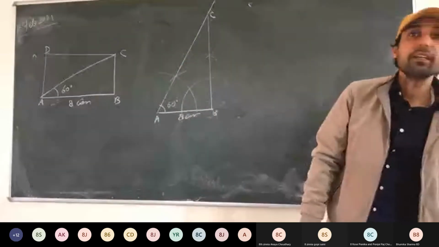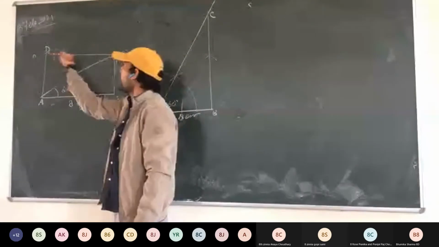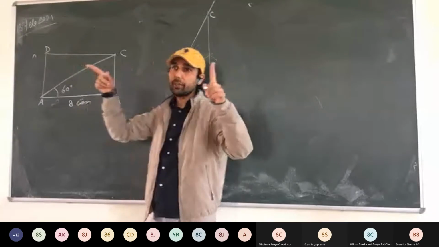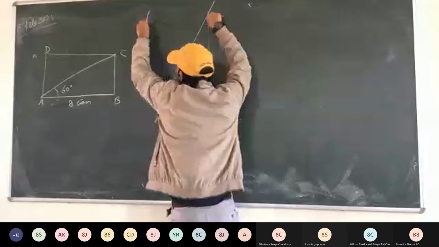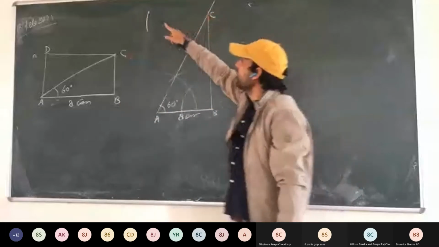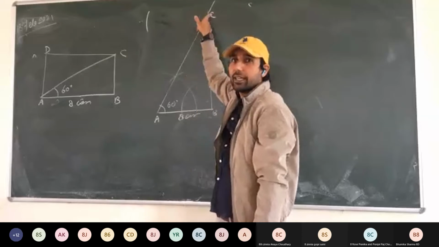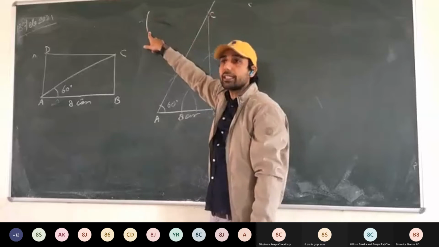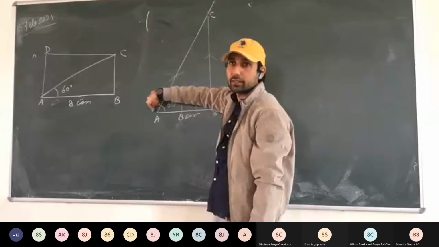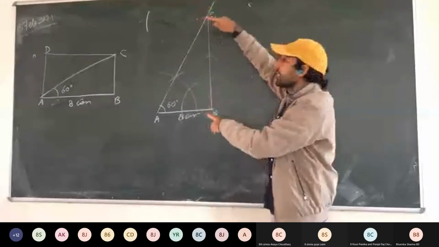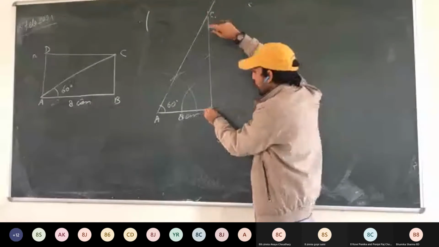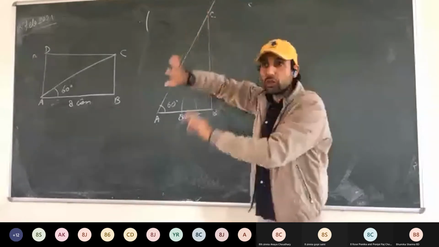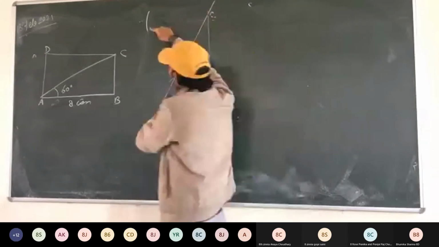In a rectangle, opposite sides are equal. That means how far is D from C? 8 centimeters. So take a radius of 8 centimeters in your compass and from C, draw an arc of 8 centimeters. Every point on this arc is 8 centimeters from C. And D will be lying somewhere on this arc, such that it is how far from A? Equal to this length. So take this length in your compass, equal to BC. Put the tip of your compass at B and the tip of the pencil at C. If it is not going this much, measure with the scale and find it here.